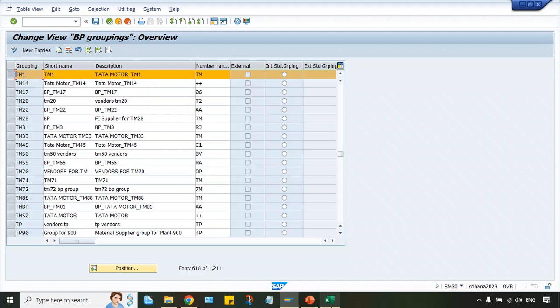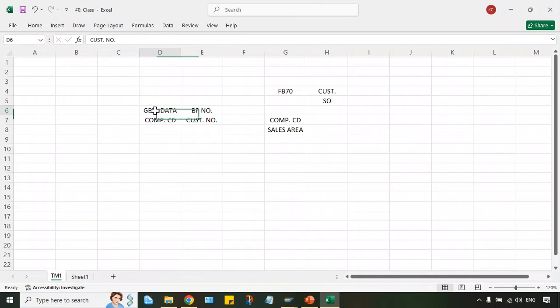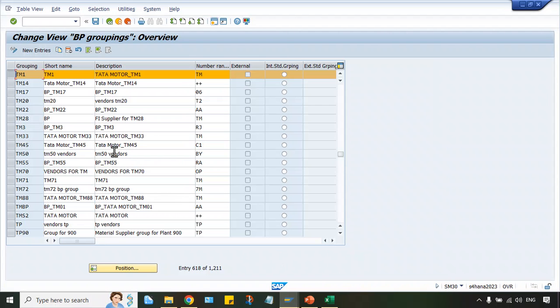This is already done at the time of vendor master. So as I told you, okay, general data for customer and vendor, both general data is the same: name, address, no difference. That's the reason SAP says, why create general data separately for vendor and separately for customer? Single general data will be there. Okay. So this is already done at the time of vendor master. Okay.